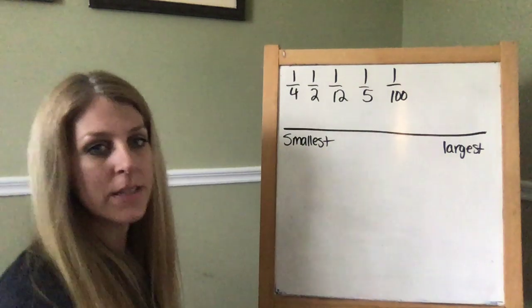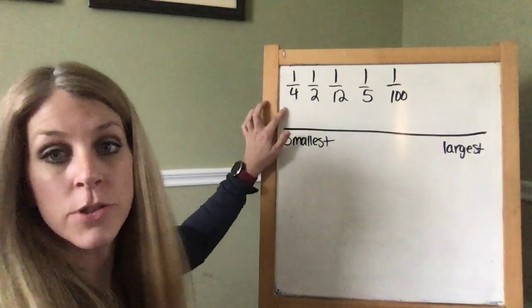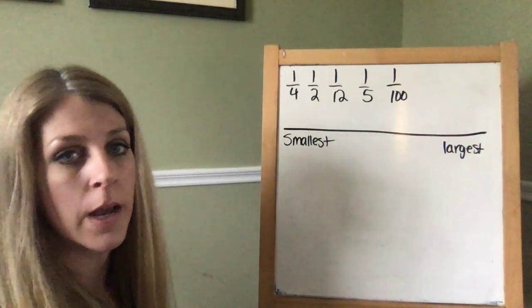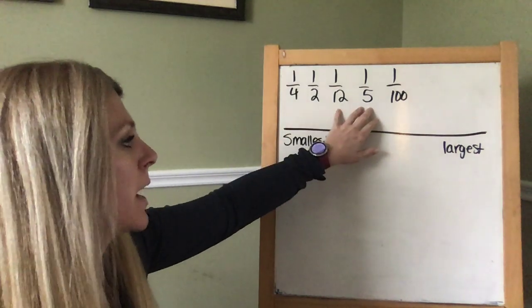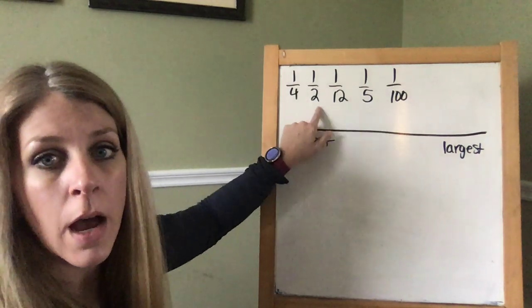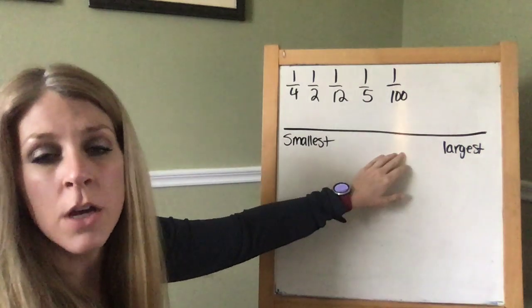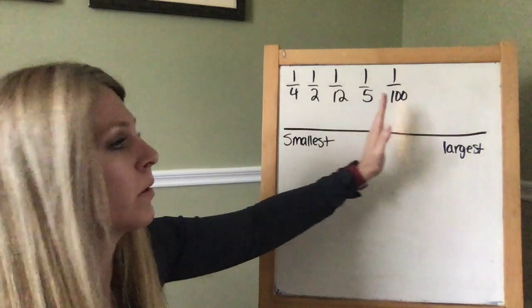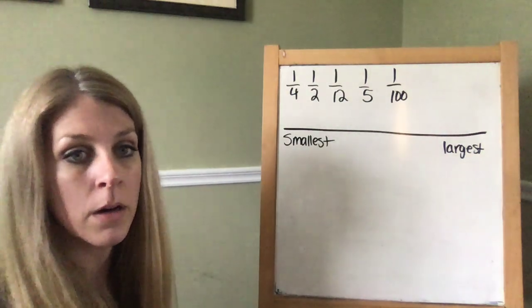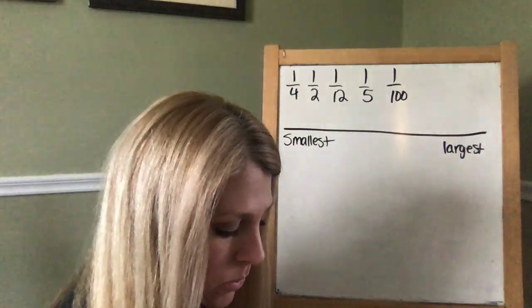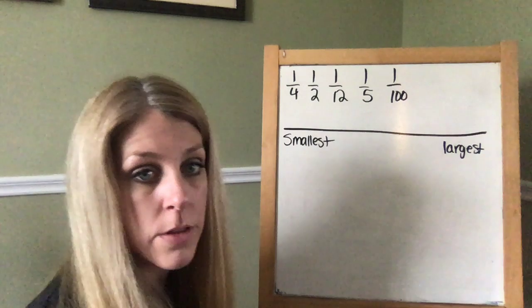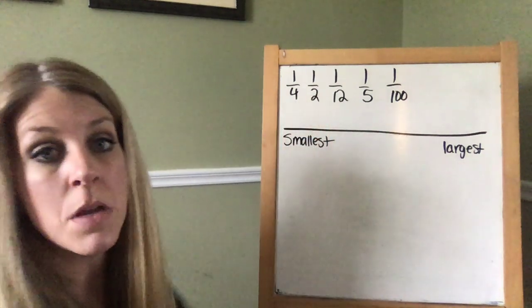Okay, so here is an explanation from number 2, which was on your worksheet. So I copied out what the problem was asking you to do with these fractions here, and you were supposed to put them in order from the smallest to the largest, like a number line getting progressively bigger. So in order to do this, what I want you to think about is what each one of these means,